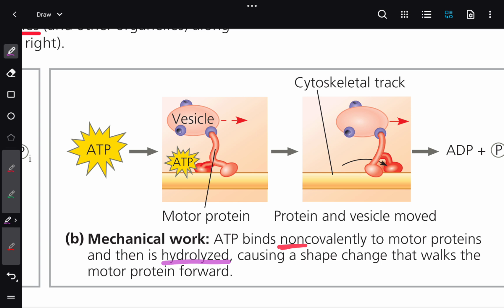For instance, here are the feet of the motor proteins. They are connected to the cytoskeleton of the cell. The ATP binds to, let's say, this one here, and once it binds to it,